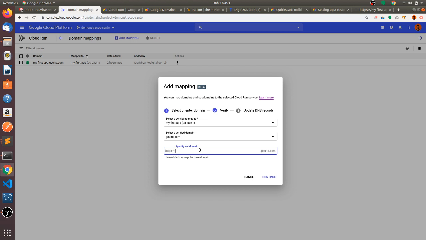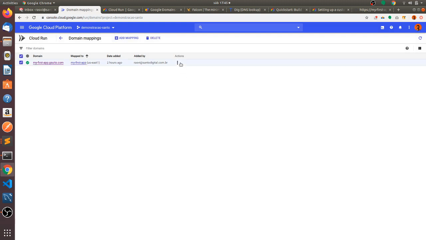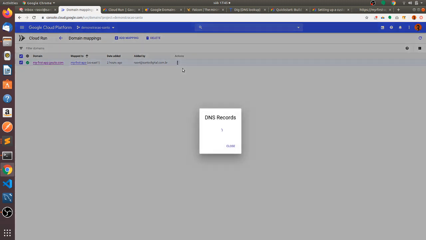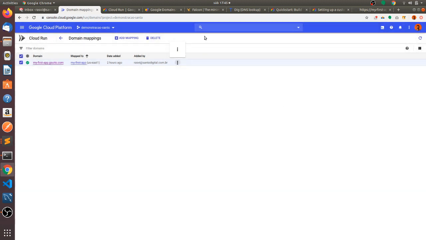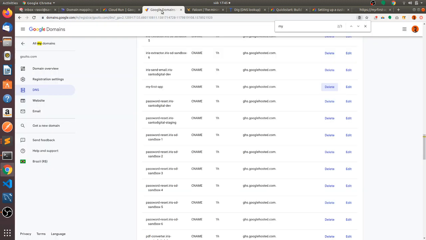Then type the subdomain name for your service, then click OK. Once you've done that, they will show you a DNS record like this. Copy this DNS record and go to your domain registry. Since I have a domain registered on Google Domains, I will go here, and I have already added, you can see here, I copied exactly the same service name, CNAME. I select CNAME